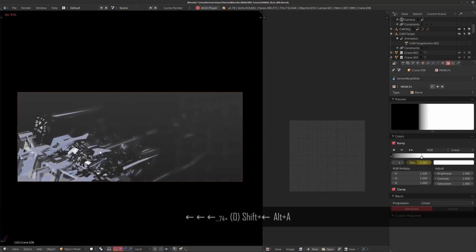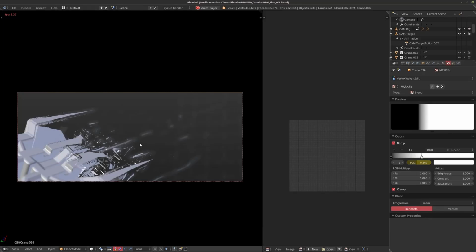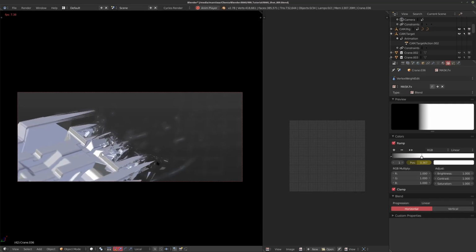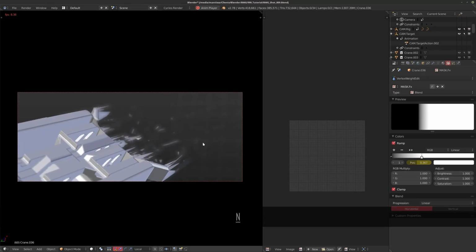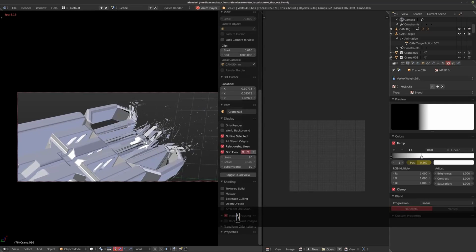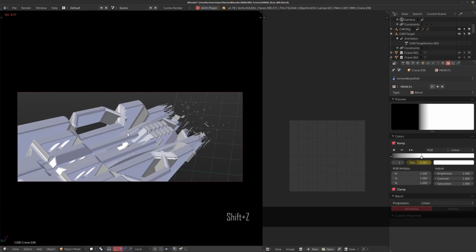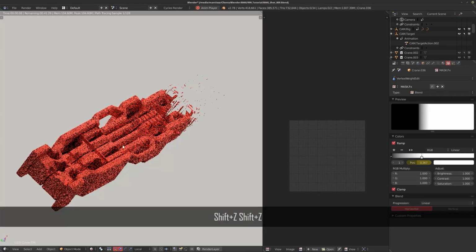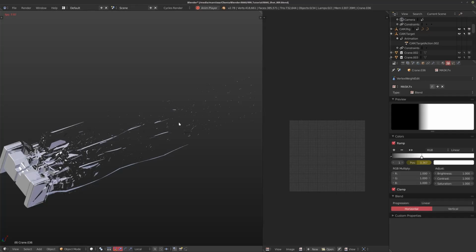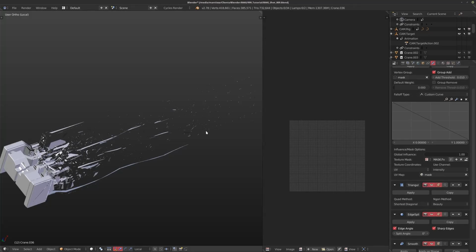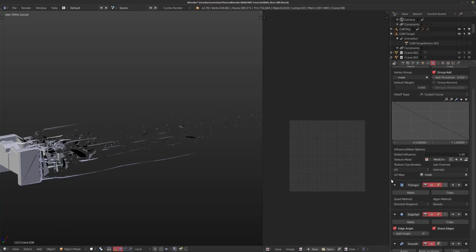So now you can see this is exactly the same as the effect that was used in the final shot. So you can have all this stuff appearing, which is really cool. And I'm going to turn off the depth of field as well, so you can see it happening a little bit better. So that's it. We've set up a dynamic mask now for our effect to appear with.